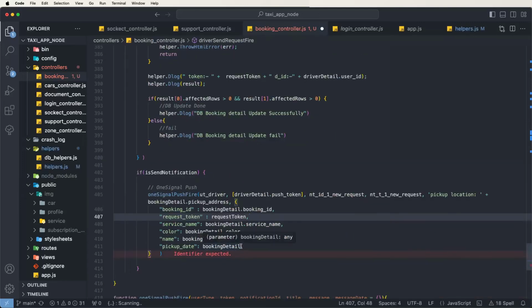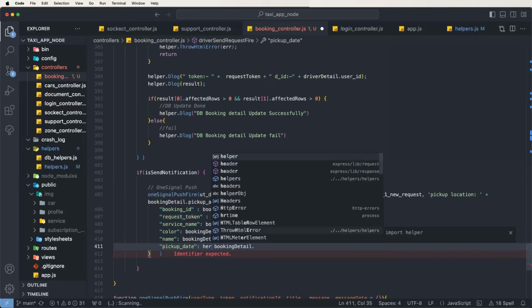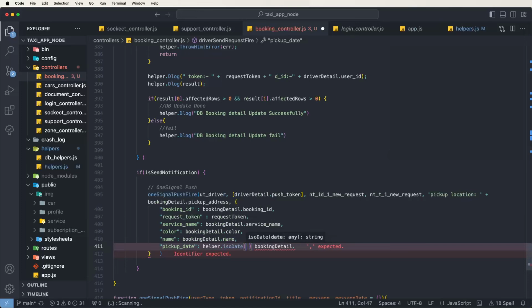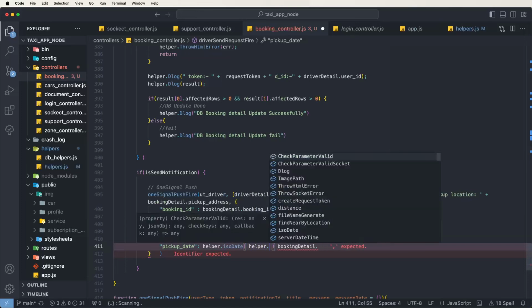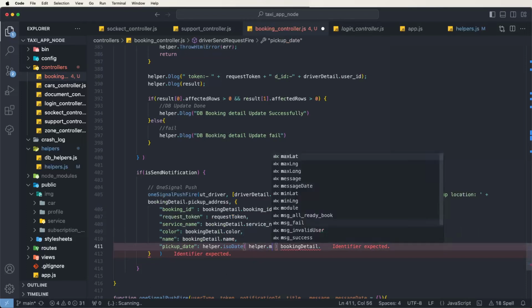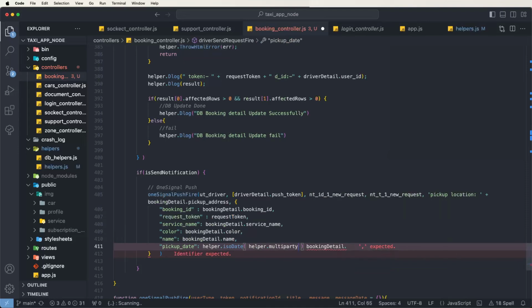Maybe need to write down here helper dot is ISO date to give this here helper logs and to calling this here MySQL date functions and to pass this here the dates